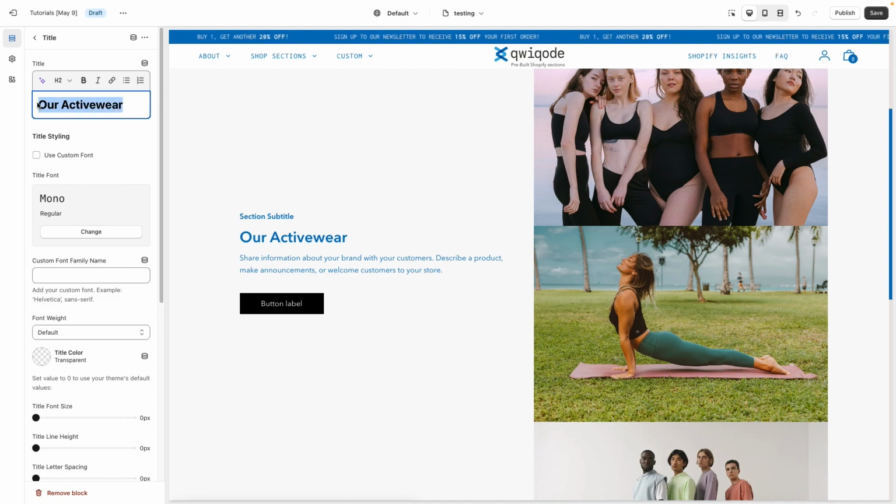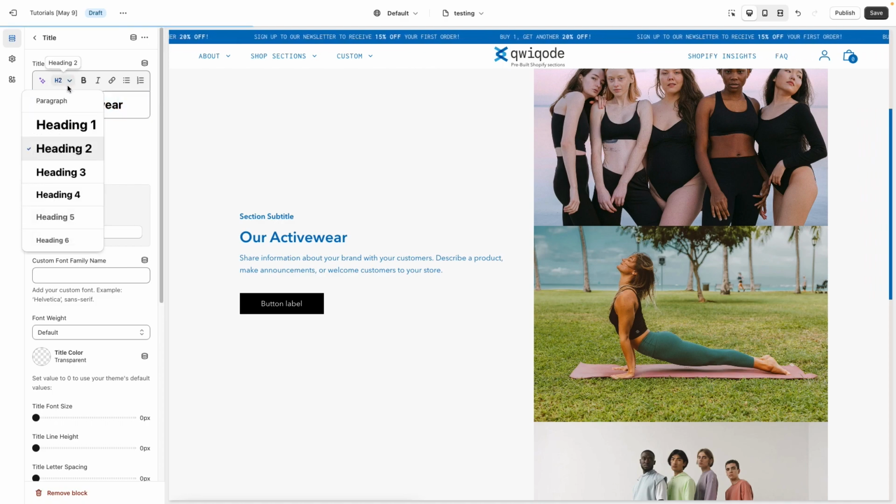Now, keep in mind, there is an option here that you can select the type of heading that you want. We have it defaulted to H2. There are two different benefits for selecting the proper heading here. One is for SEO, as search engines do give hierarchy to headings on the page itself. So H1 is a very important piece of text. Usually that's reserved for page titles, and you only want to have just one of them on each page. But then sections